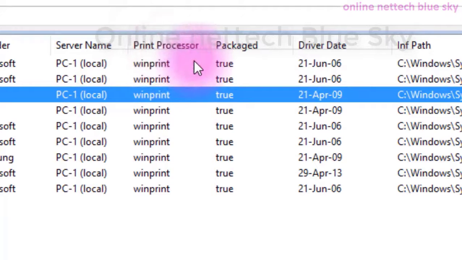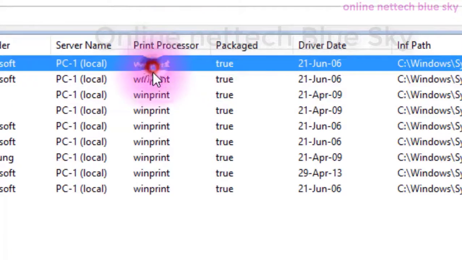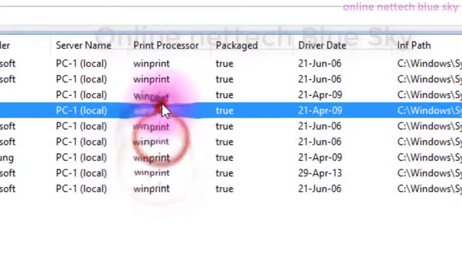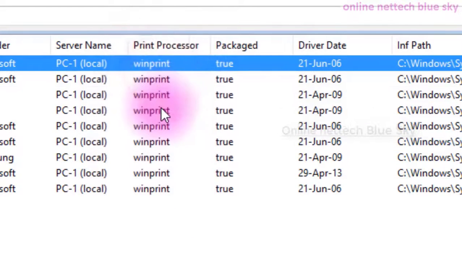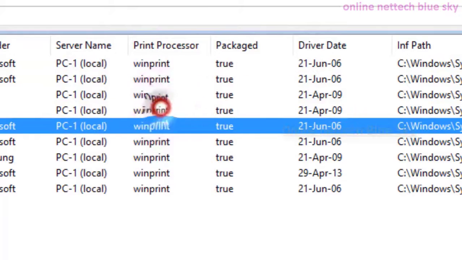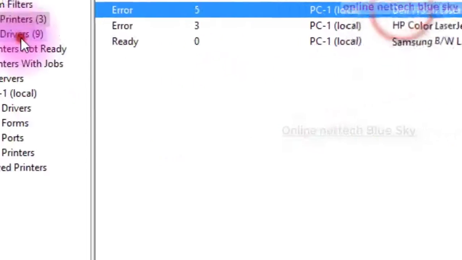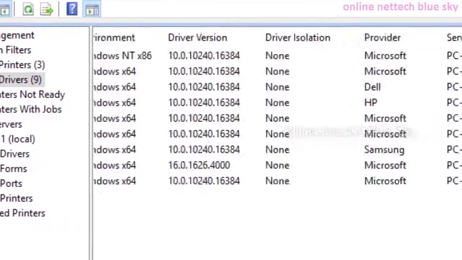Watch my previous printer playlist video on how we can add a printer. You can see Win, which means your print processor. I already talked about the print processor in a previous video, so watch that.